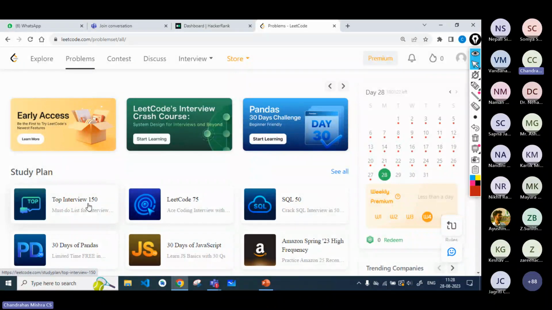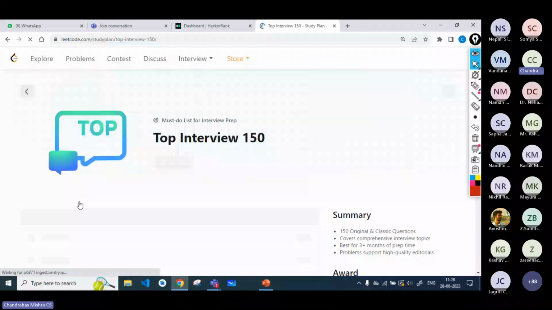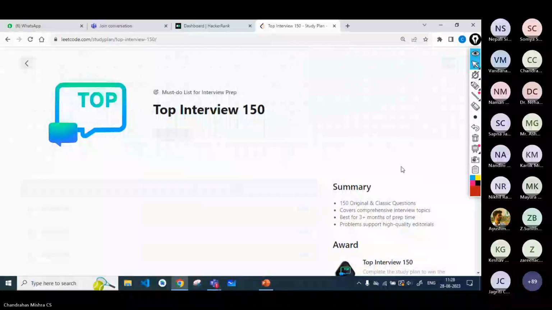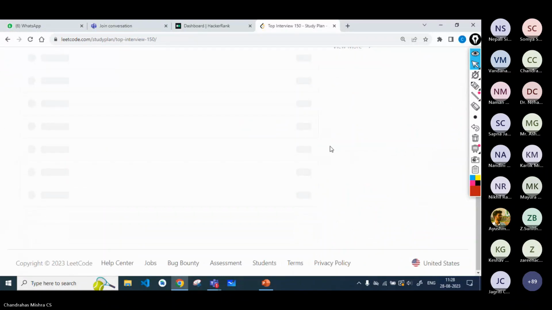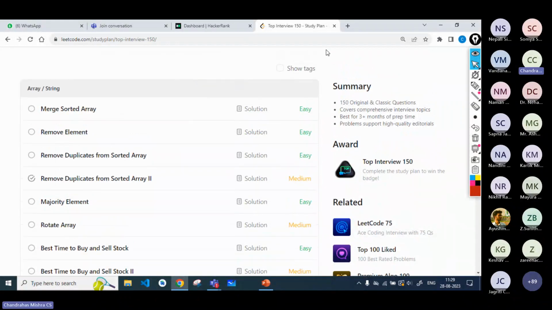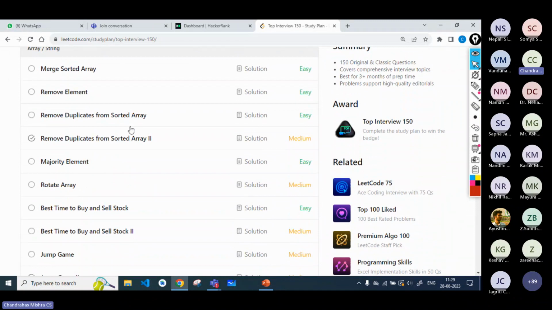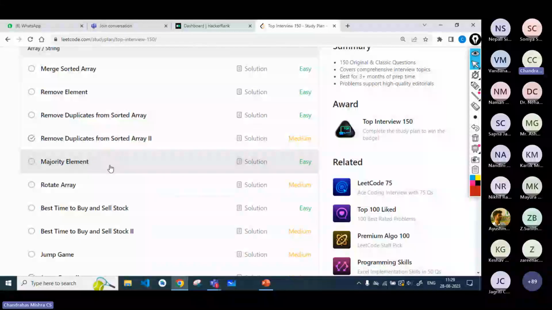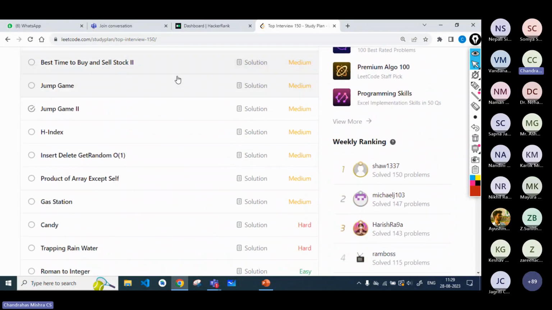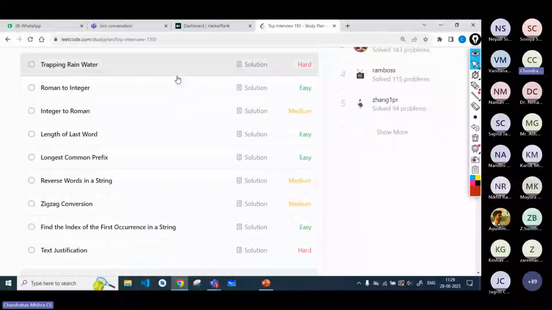You can just solve these interview questions, like click on top interview 150 and you will see the problems like merge sorted array, remove element, remove duplicates, majority element, rotate array, best time to buy stock. These are very basic programs. So here we have the top 150 questions for the